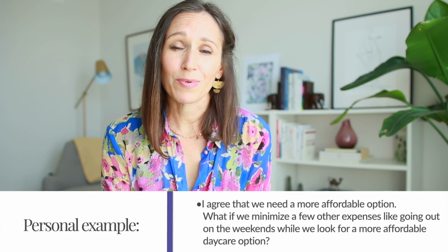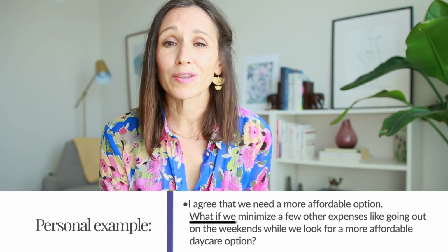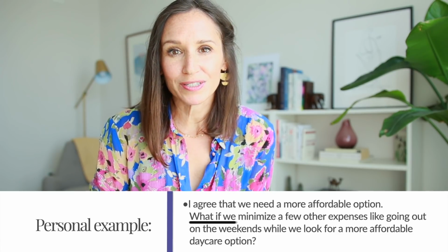In a personal conversation, I could use an example like this. I agree that we need a more affordable option. What if we minimize a few other expenses, like going out on the weekends, while we look for a more affordable daycare option? Now that you have 3 powerful strategies, using neutral language to help you have successful, productive conversations on differing opinions,